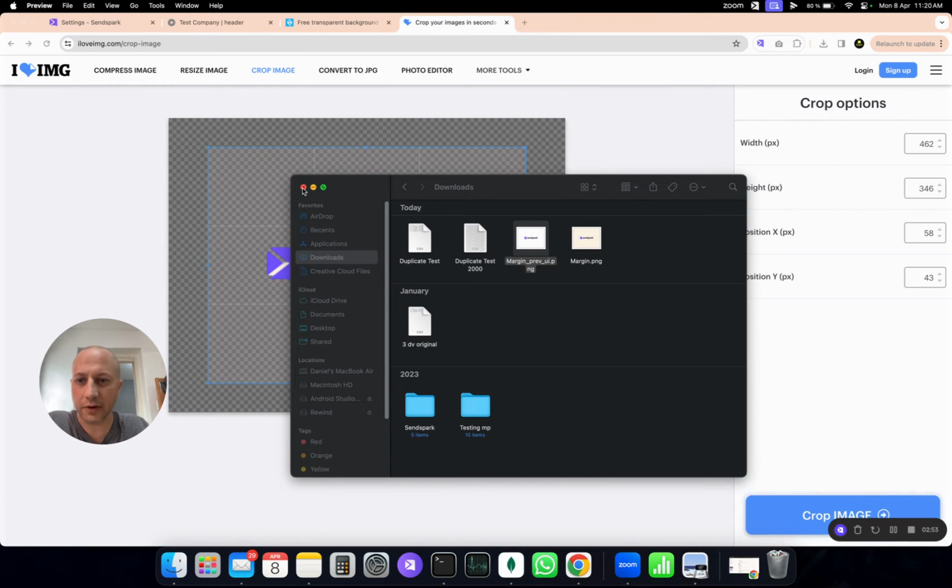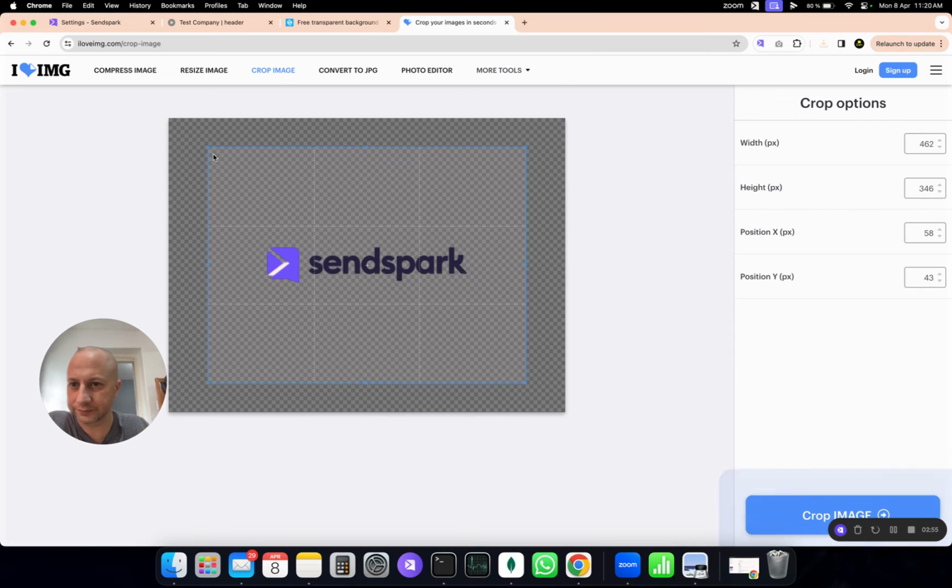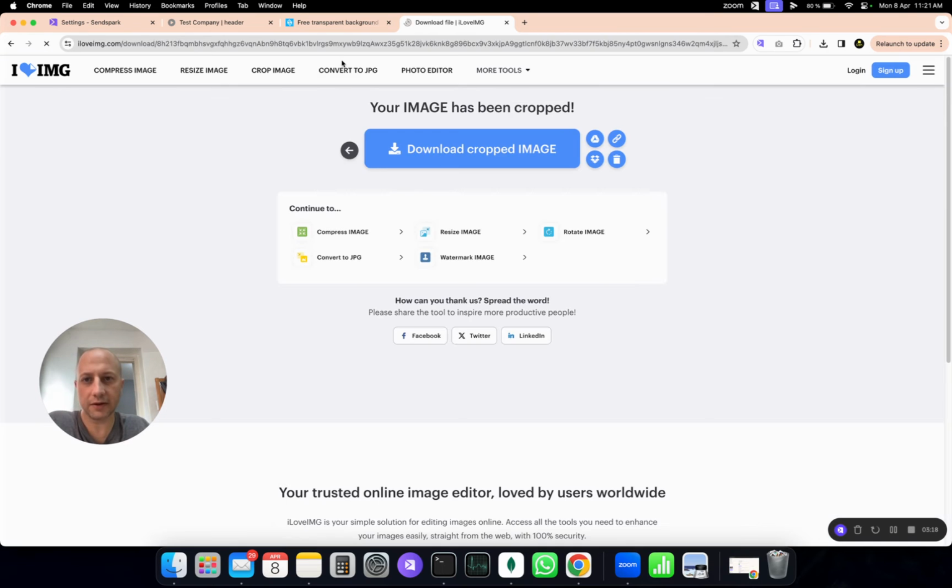Back here in our edit section, we're going to adjust this a little bit more. Make sure you adjust it in the best possible way so you can take full advantage of the space. I think that's actually good enough for me. So I'll click on crop image. And as you can see,